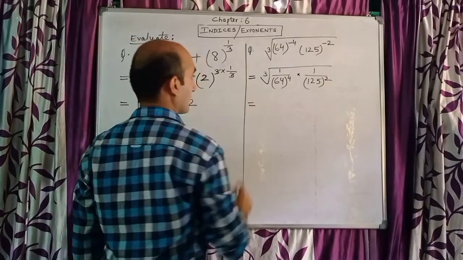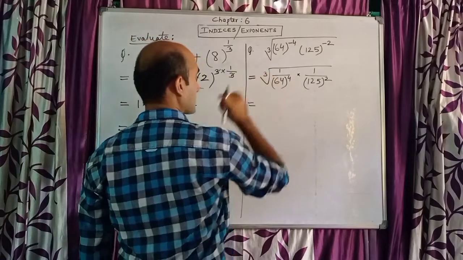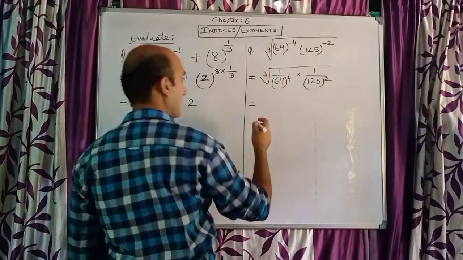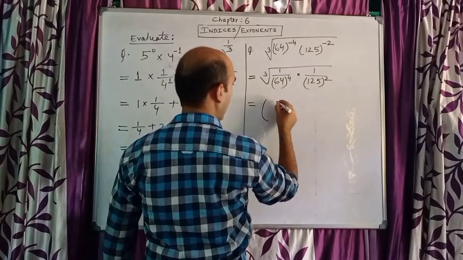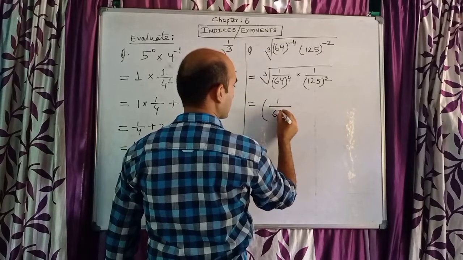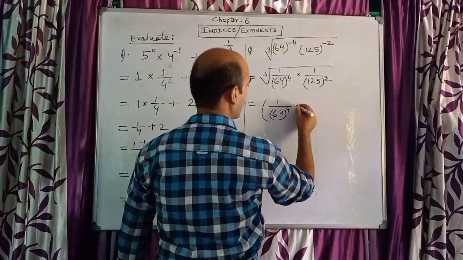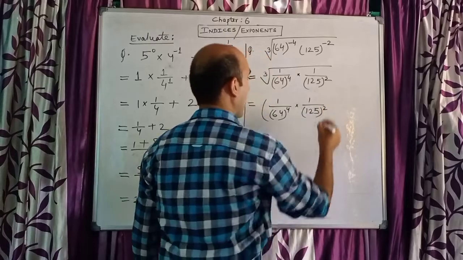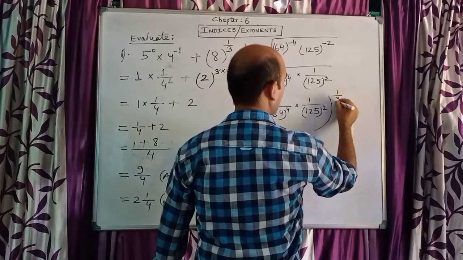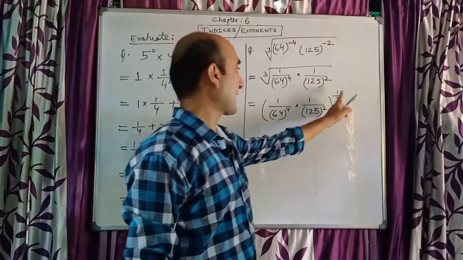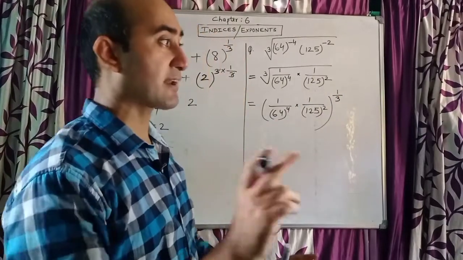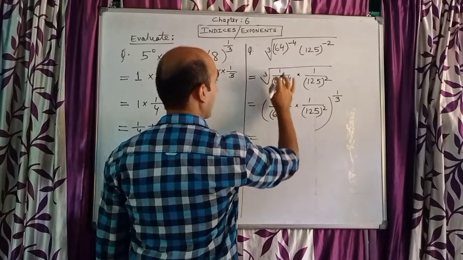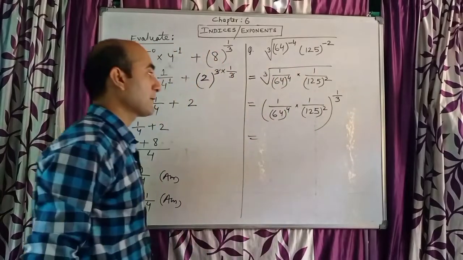Next, you can do one thing, you make this cube root a fraction of 1 by 3 and remove the root over. So I am going to remove the root over, and my result will be 1 by 64 to the power 4 into 1 by 125 to the power square, and bracket close. And for removing the cube root, I said I can write 1 by 3. So when I remove the cube root, I can write the power as 1 by 3. So now children, your root over and cube root have vanished and it has become 1 by 3.